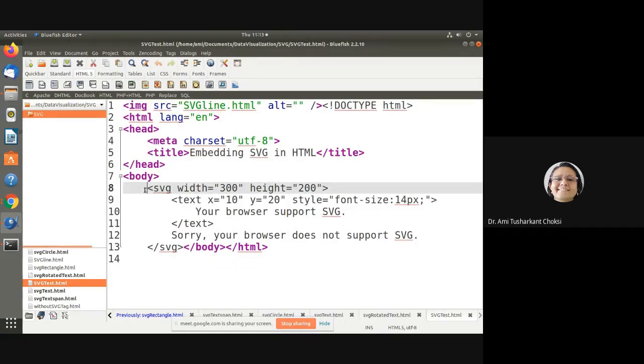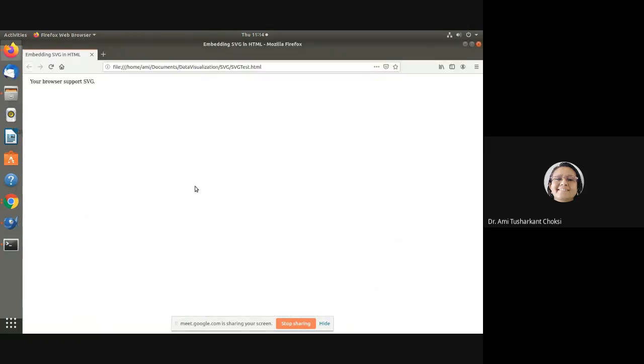The SVG tag is started inside body and it is ended also inside the body. Inside that, whatever text we want to write, for that we have written the text tag. Let us run this, that is preview in the browser, and we can see the output. It says your browser supports SVG.